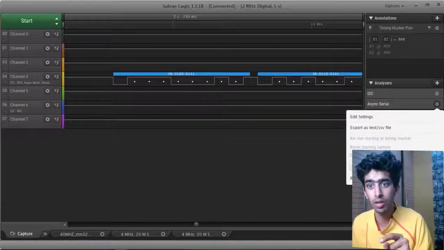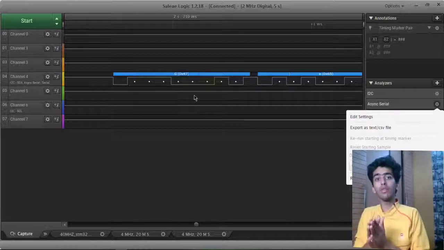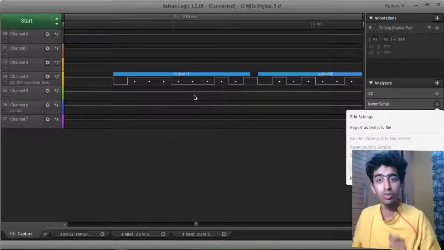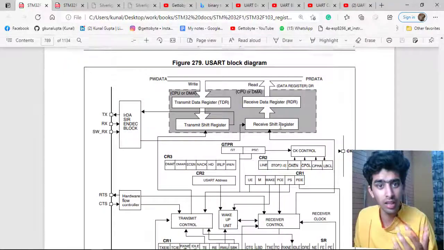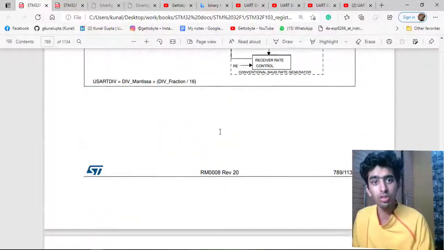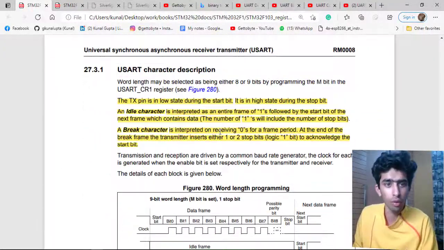This is the binary value of my character G. That's how my TX RX signals are sent. This is the block diagram I wanted to give you a brief overview of.